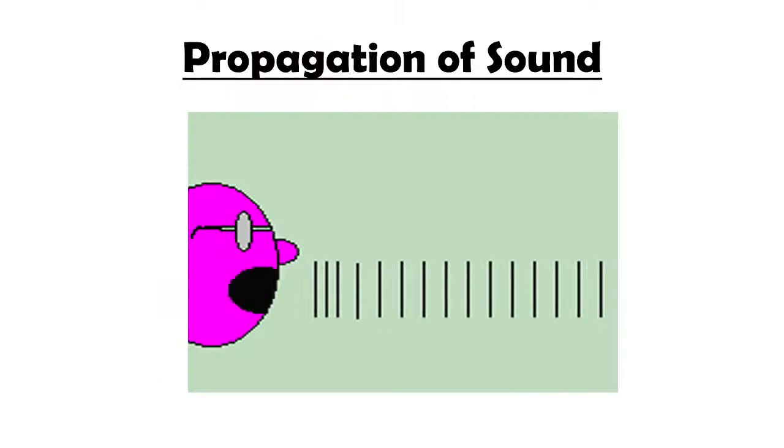you see the quality of voice differ in male and female. Now since we already understood how the sound is produced, let us now understand the propagation of sound. How the sound is propagating, how the sound is traveling. Propagation means how sound travels from one region to another region.